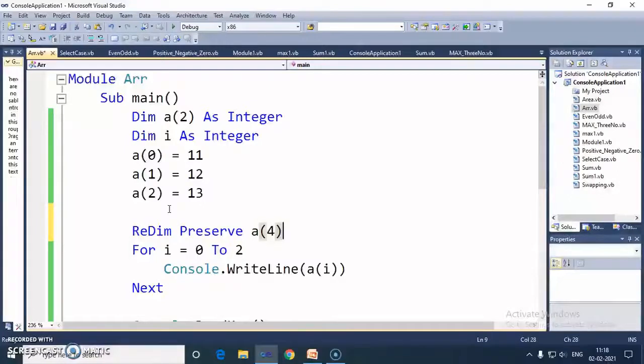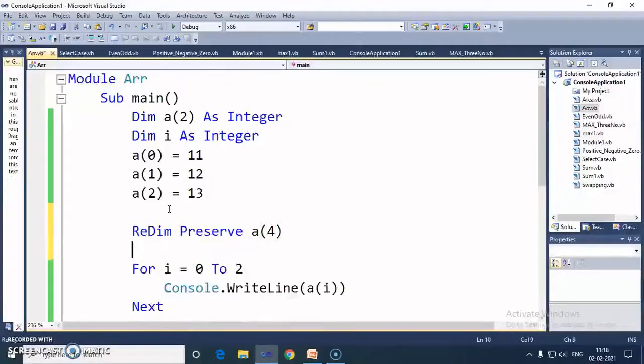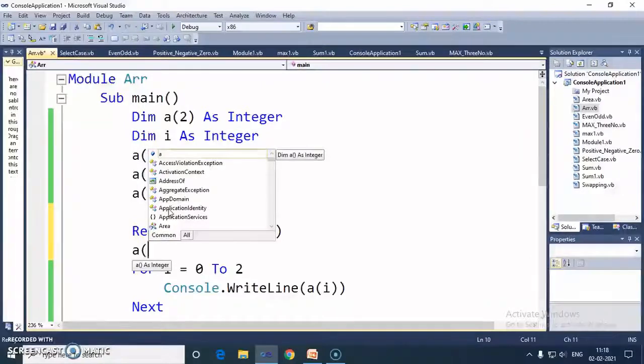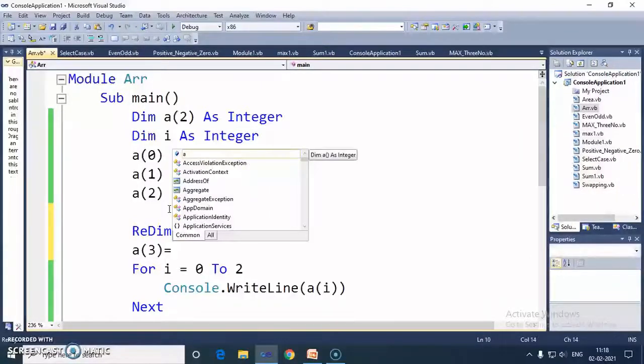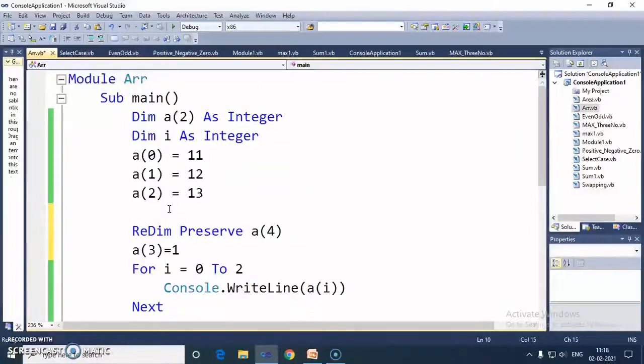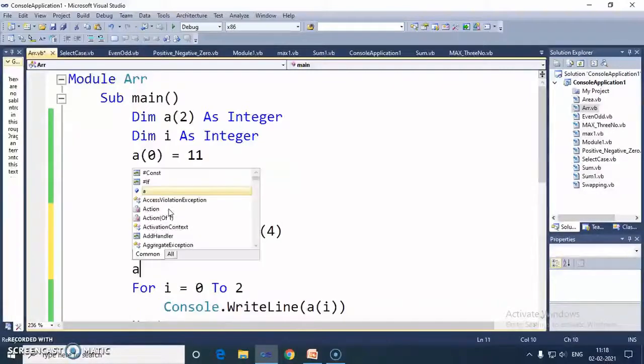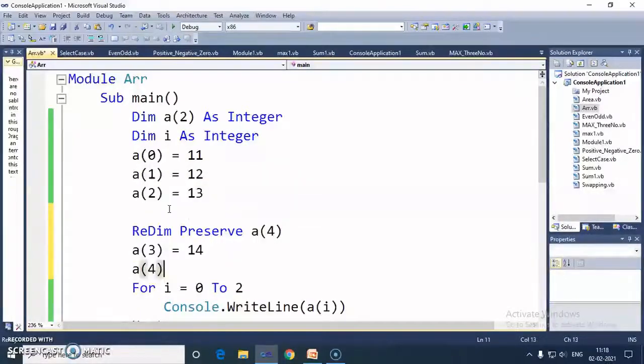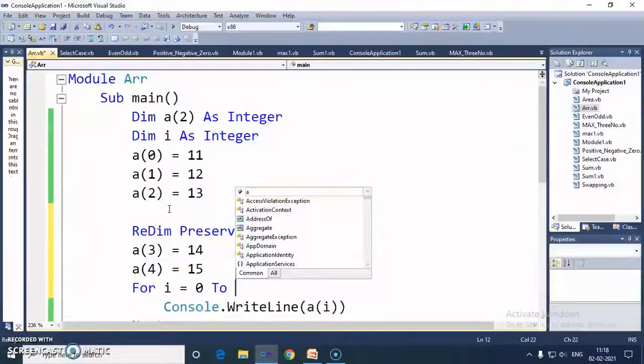Now after ReDim, assign values to the array. So here A(3) equals, for example, 14. Then A(4) equals 15. Now here I have to change the range of variable I for looping.